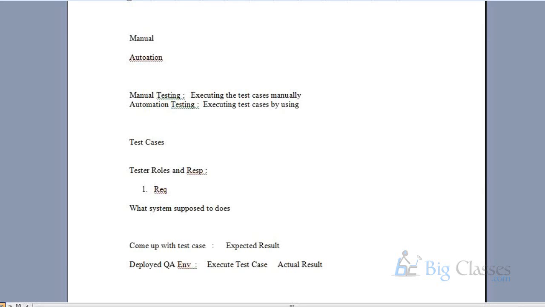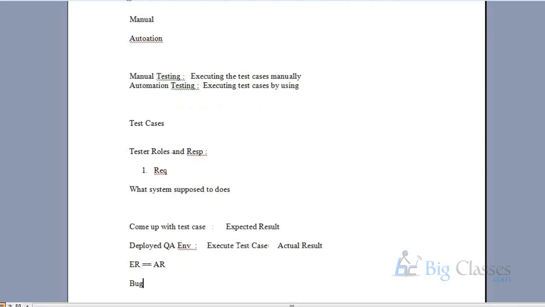While executing the test cases, you have to compare the expected result and the actual result. If both are the same, your test case is a pass. If both are not the same, your test case will fail. Whenever your test case fails, you have to log into the bug tracking tool, log a bug, and assign the bug to the developer.